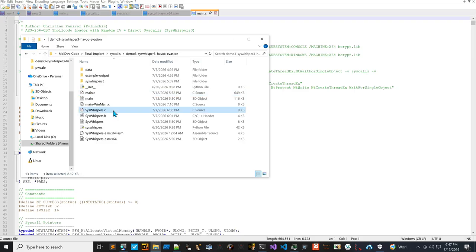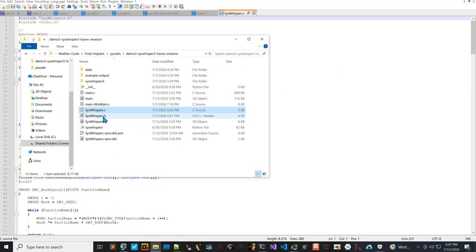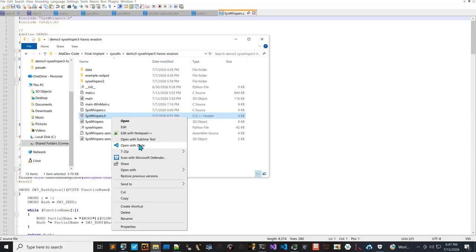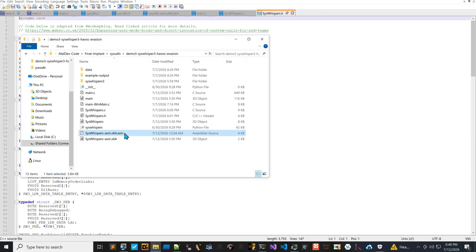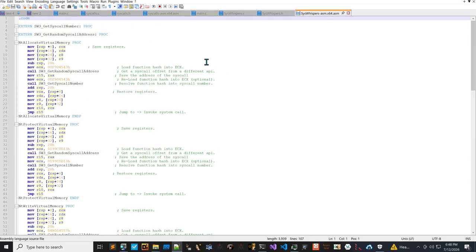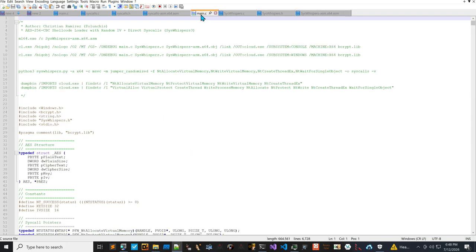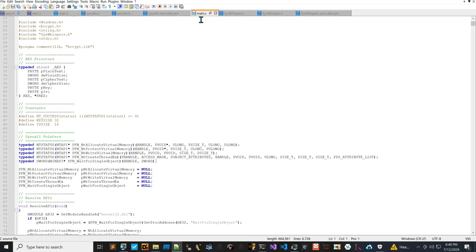Okay, let me open the other ones: SysWhispers C, SysWhispers H, and also the SysWhispers assembly. Okay, and in here, the main differentiators that we did to be able to evade Microsoft Defender, if you recall, in